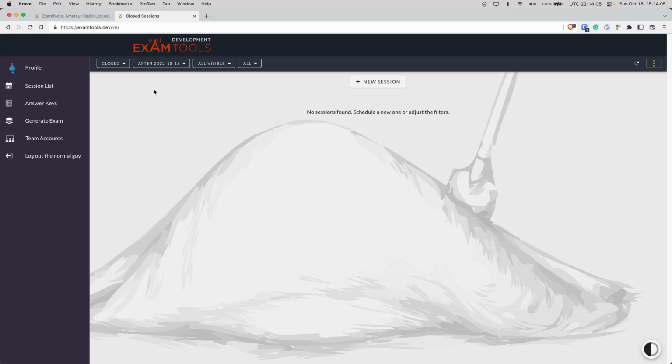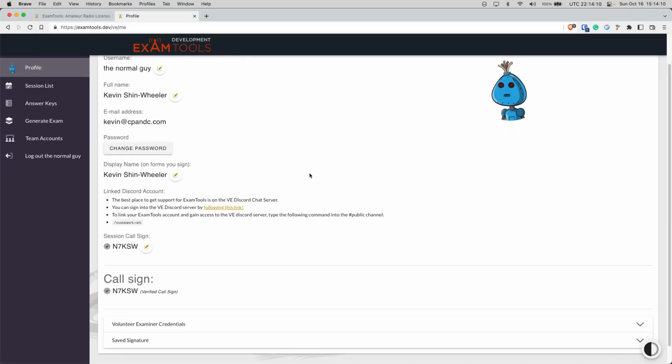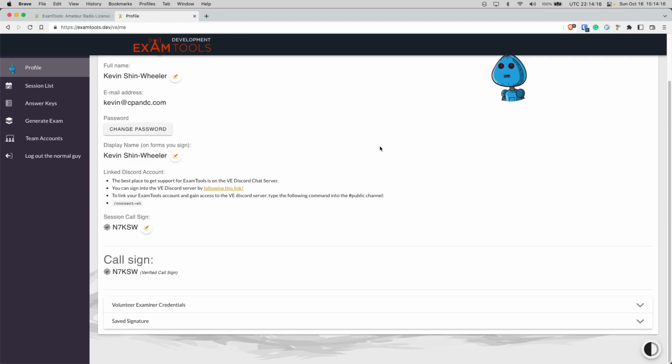And the first thing that you want to do when you make your ExamTools account is go to your profile section. You can put in a picture and your name and stuff like that. But the most critical thing that you're going to have to do is verify your call sign. My call sign is verified by ExamTools. But if it wasn't, you would see a big button here that says Verify Your Call Sign,